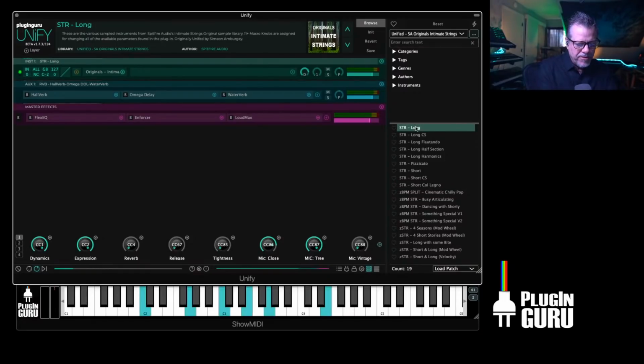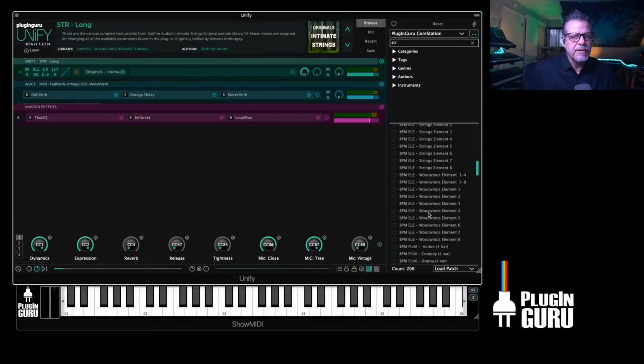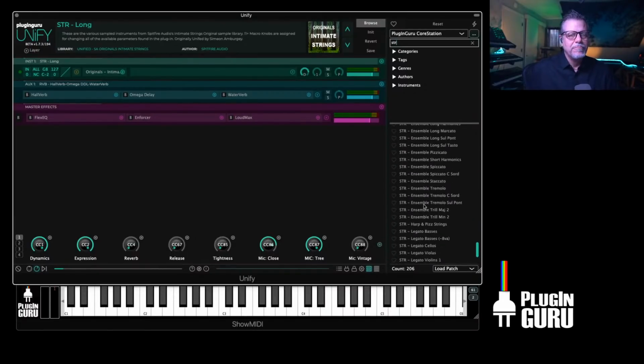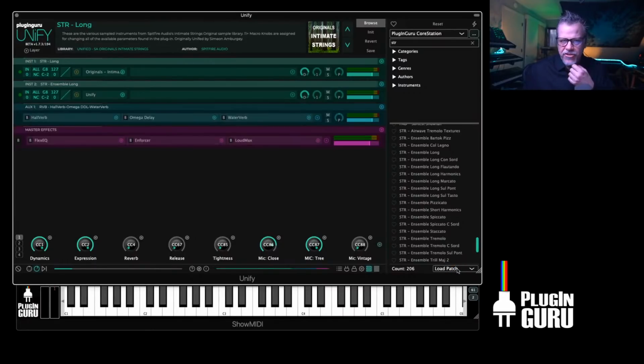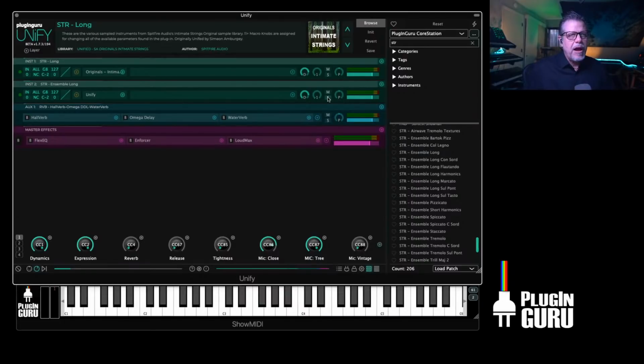Now, here are the longs. Just as a comparison, let's go to the Chord Station, to the strings, and let's do it this way. Type STR in the search, and I'm going to go down the list. There's a lot of things that have STR. That didn't help very much, did it? Let's go to the longs, right click, load into new Unify layer. That's the other way of doing this. In the last update, we added a visual indicator to change. But you can always right click on a patch and you actually have more options, because you can load just layer 1 into a layer, things like that. But now we can compare between,